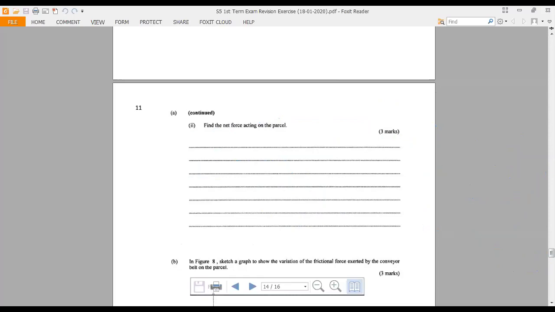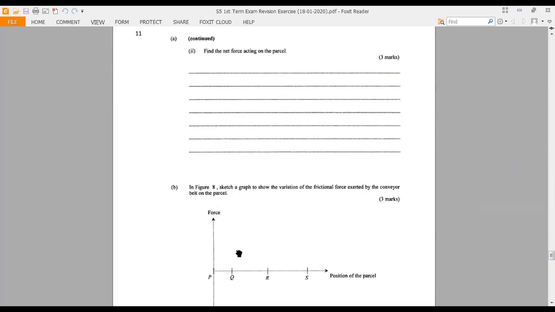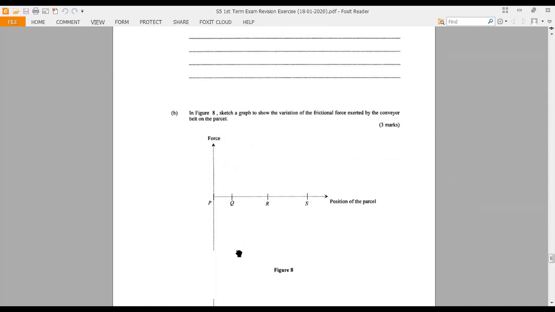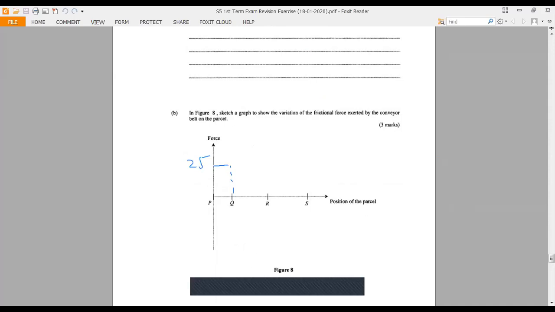Oh, you draw the variation of friction in this diagram, the force acting on that. So we did already 25. And then, according to the question,